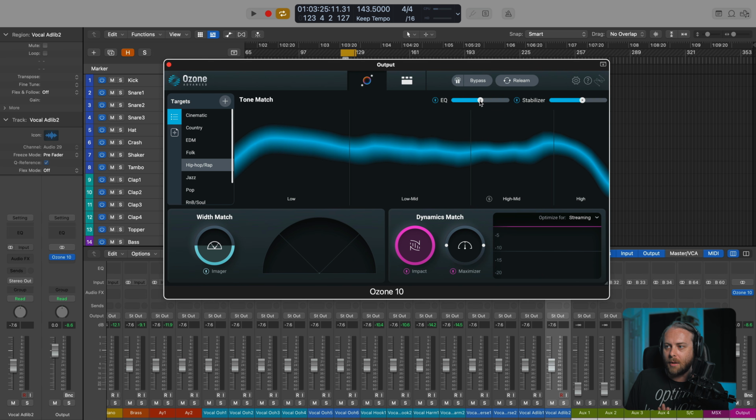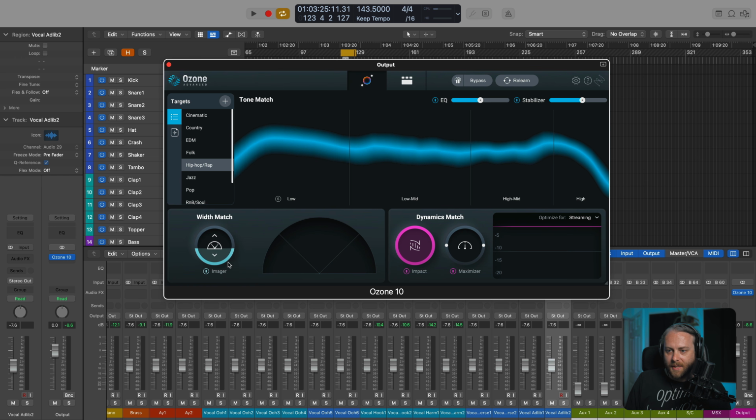So let's leave EQ and stabilizer where they are. We've talked about the targets. Let's go to the bottom half of the page to width match, dynamics match, and then this optimize section. So when I was talking about matching during that listening pass, Ozone is also going to listen to the reference, the target in this case, the hip hop one, and that has a kind of informed width to it. And then it listens to your source track and goes, the hip hop and rap tracks that we're hearing are normally this wide. Your track is not that wide. Let's push it up a little bit and scale the imager module to make sure that your track is as wide as the reference track in this target.